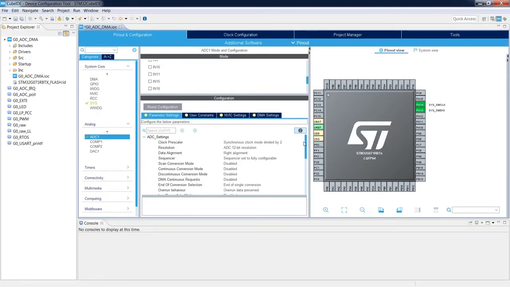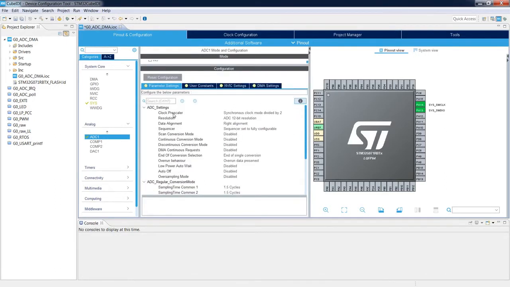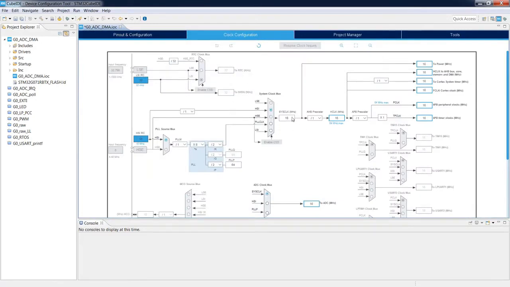We will keep the clock prescaler at synchronous clock mode divided by 2. It means that our ADC would be clocked by the system clock divided by 2. Our system clock is HSI 16 MHz, which we can verify in the clock configuration. So this is our system clock, 16 MHz, and the ADC clock MUX.